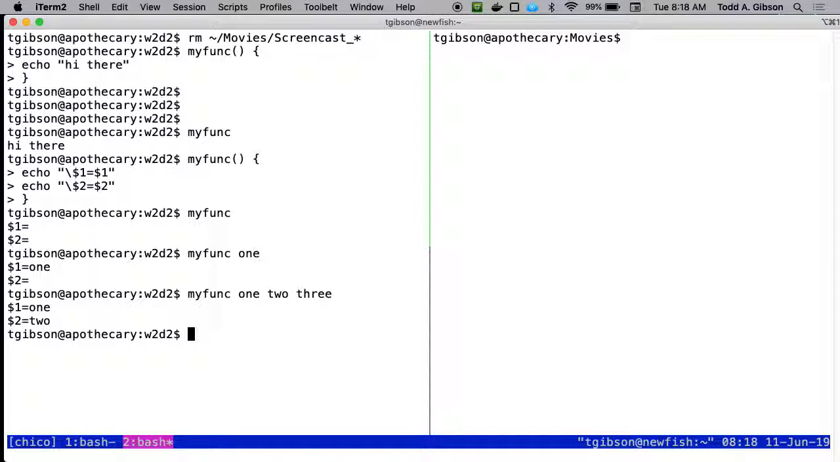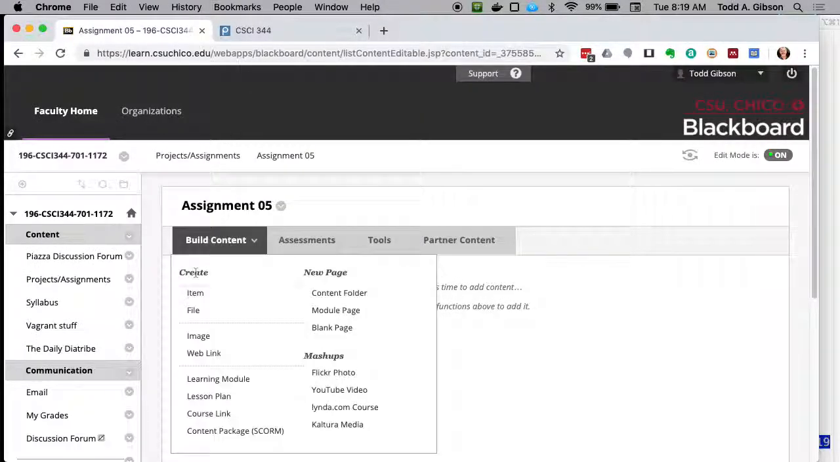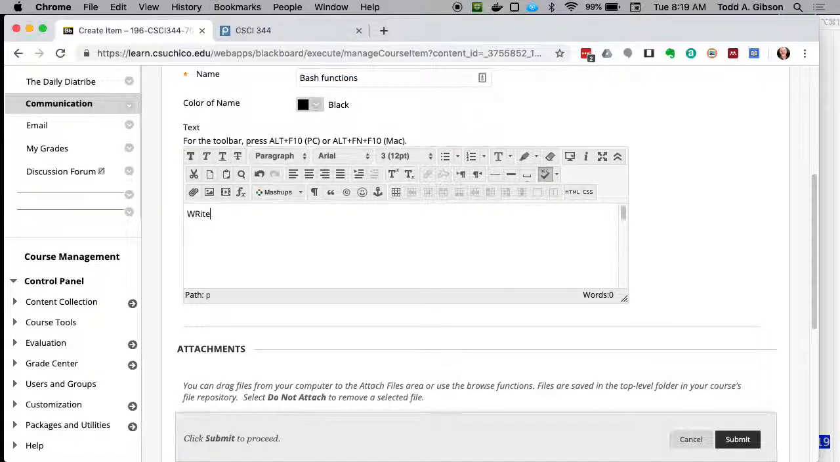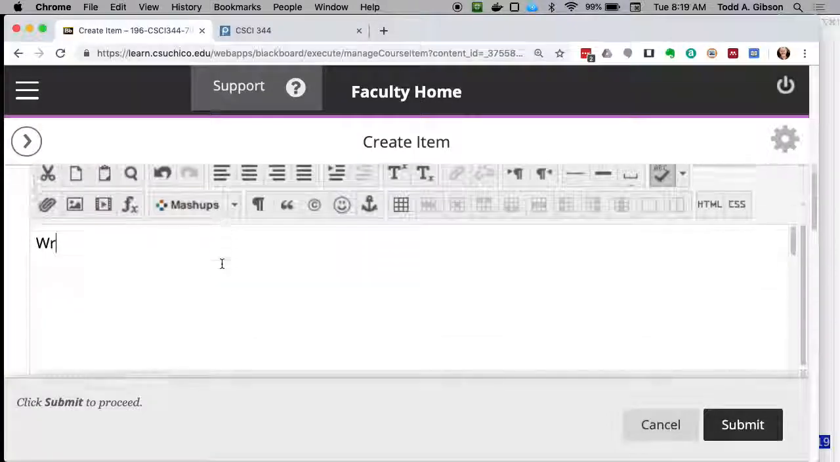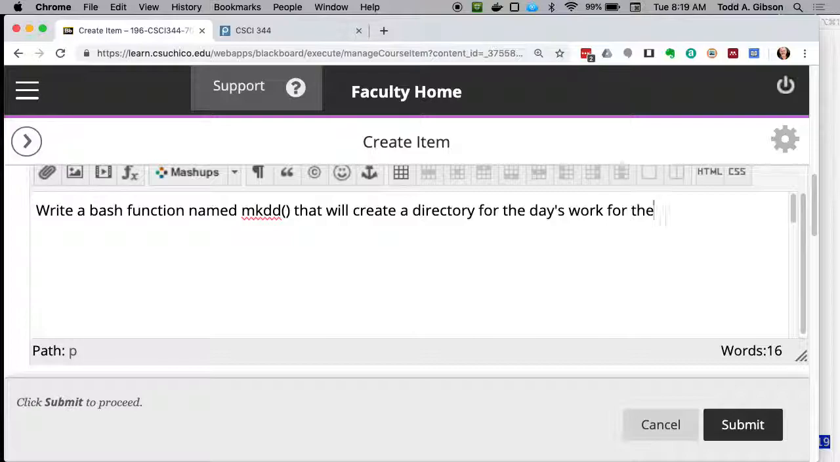There's a function that I want you to write, and write a bash function named